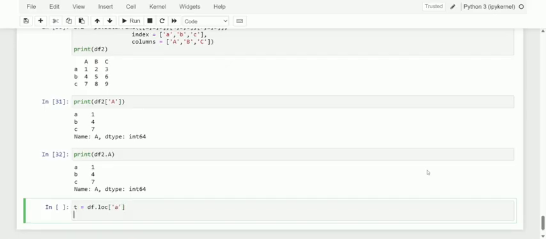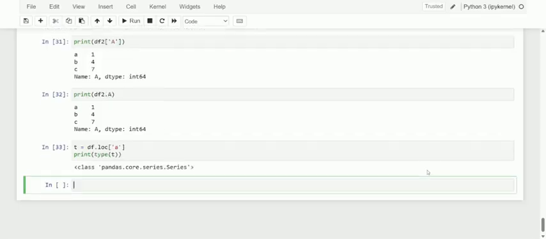Of course you all know that this t is also a series. Do you want to see it? Here it is. Here t is also a series. It allows us to extract a row of the data frame as a series in a similar way to what can be done with columns.